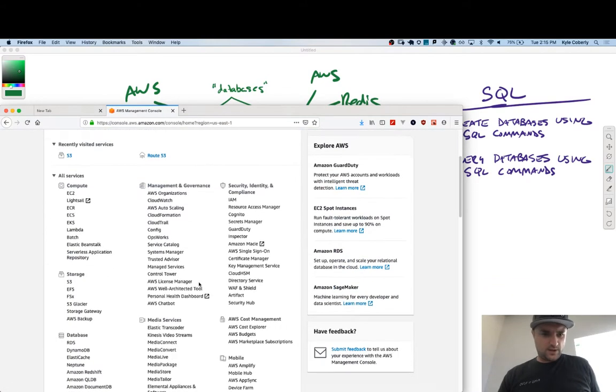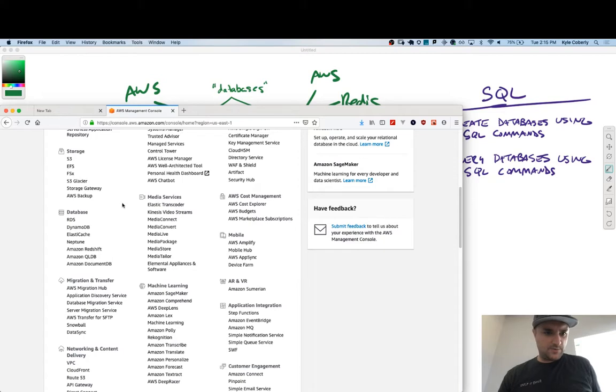All right, so their database stuff is this. RDS is their relational one. DynamoDB is their NoSQL one. And then within those,